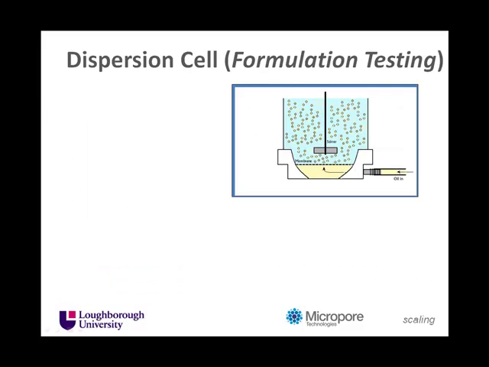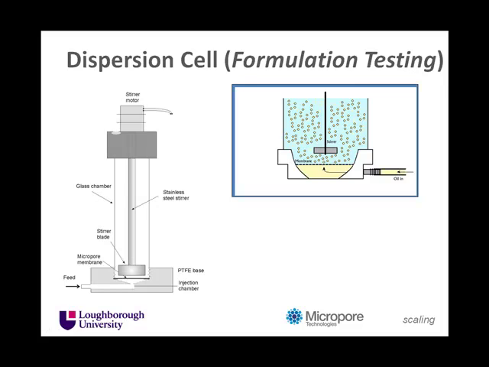So what we saw a few moments ago was really the process taking place just here, with the oil phase coming in and being injected through the membrane. In the previous slide we didn't actually have any shear, so the drops were just getting bigger and bigger, but clearly it's possible to put a stirrer on the surface here to help dislodge those drops, and that's what's illustrated here. So in other words, this is the membrane down here, here is the stirrer, simply connected to a fairly